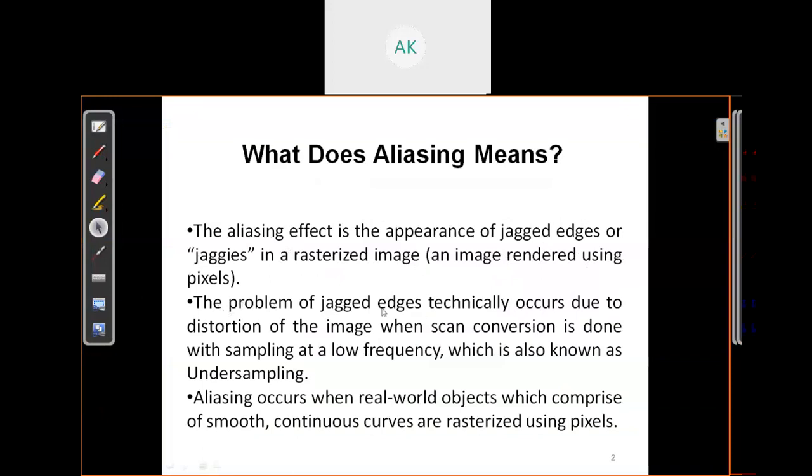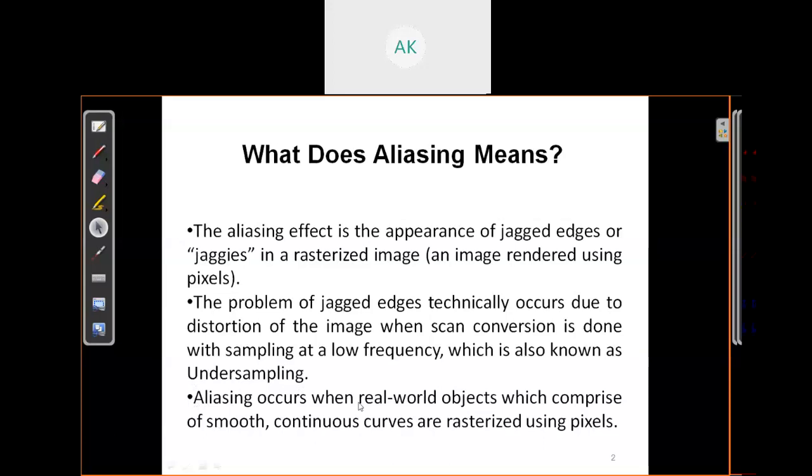The problem of jagged edges technically occurs due to distortion of the image when scan conversion is done with sampling at low frequency. When we plot an image with low frequency, this kind of jag will appear. Using low frequency is known as undersampling.